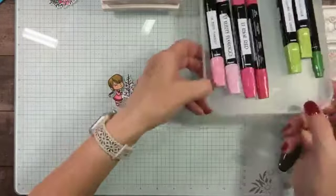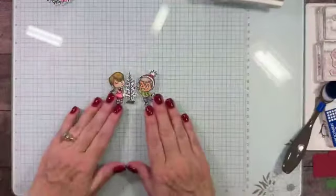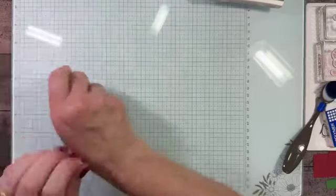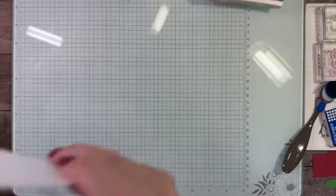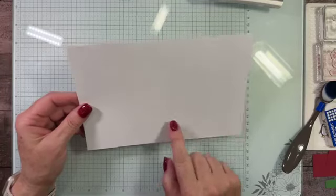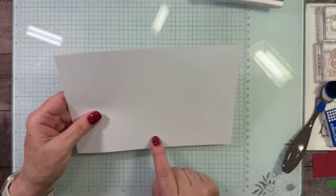I'm so glad you guys liked that last card. Okay, so let's go ahead and put this card together. We're going to set those aside for the moment. Let's bring in our card base. So for our card base, I have a thick basic white card base, and I've scored this at 4 1/4,